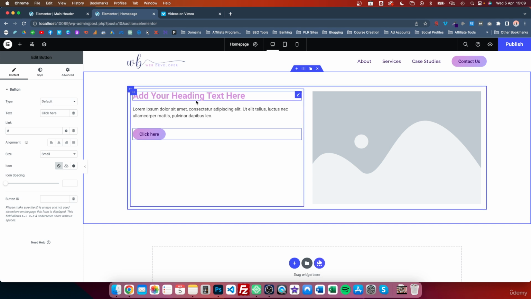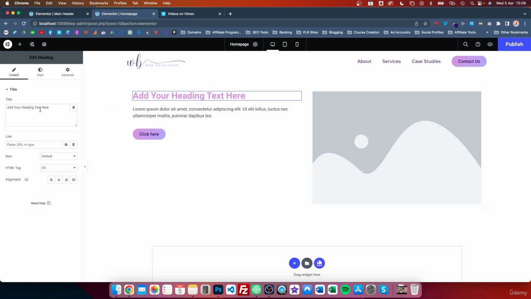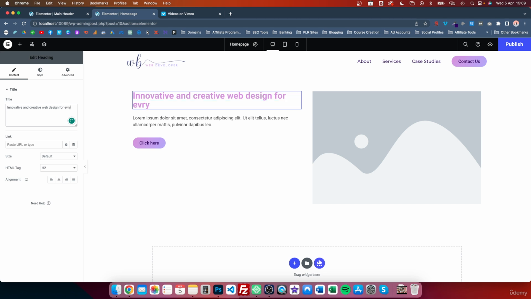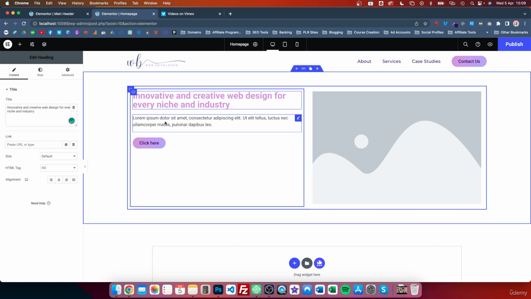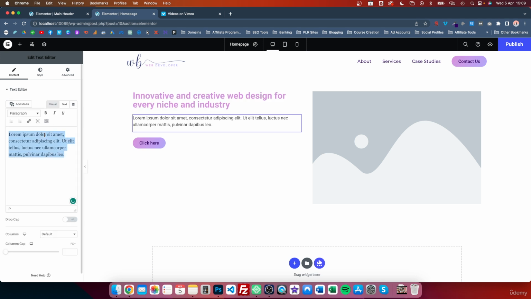Let's go and just edit these headings. So the heading here, let's just say innovative and creative web design for every niche and industry. That'll do for now. And then for the text, let's just say we bring the power of creative design into your workflow so that you can kick back and relax whilst we manage the whole